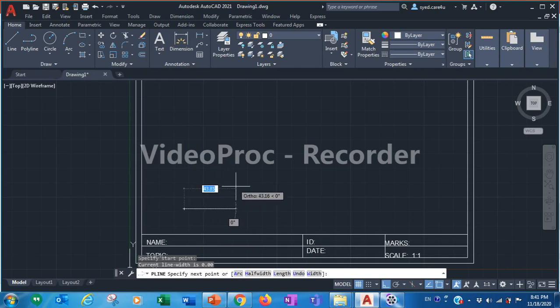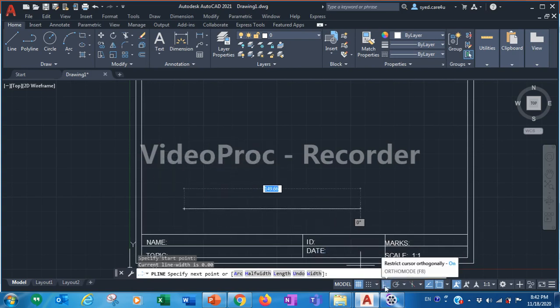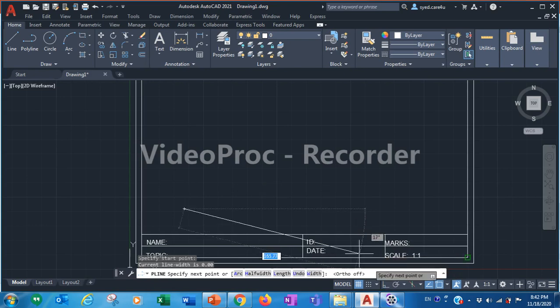I don't need this restriction because I need to draw lines at certain angles. How to switch this off, how to go in multiple directions? Go here and click ortho mode off. At present this mode is on, so click here to turn it off. Now you can move in any direction.